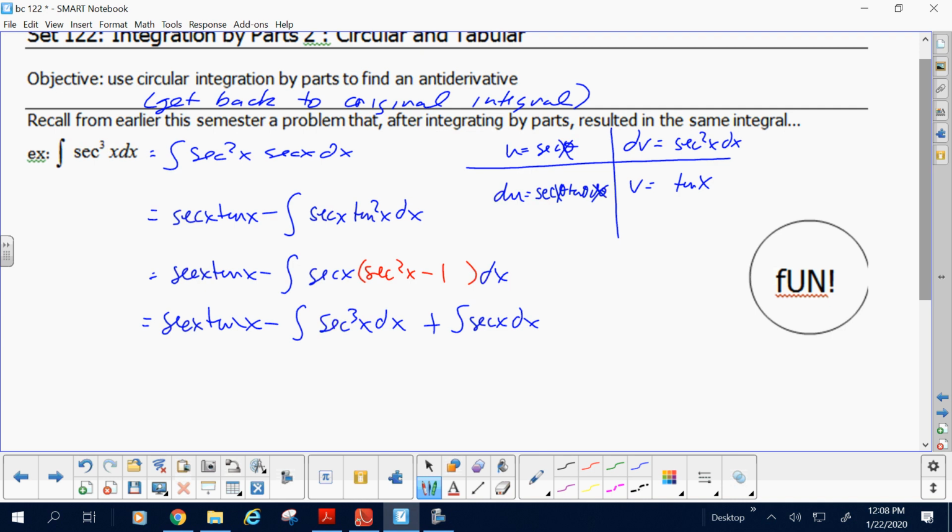Move the secant cubed over. So I'm going to move the secant cubed over to the other side so that now I have two integrals of secant cubed on the left. On the right is secant of x tangent of x, and the antiderivative of secant, natural log of